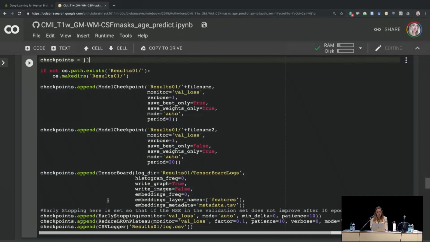And this early stopping value here says that if, in this many iterations, we're not getting better in our validation set, or maybe we're even getting worse because we've overfit our model, this says stop. I think here I've set it to 10 epochs. So if after 10 runs through all of our data we haven't gotten any better performance, you might as well stop because you're wasting computing power, and you might actually be hurting your performance. Some of these values here are just saving some of our outputs.